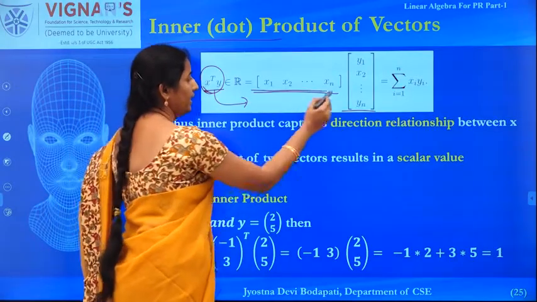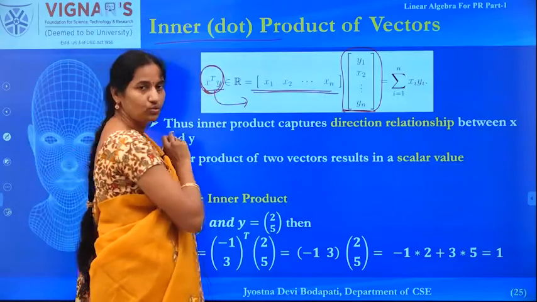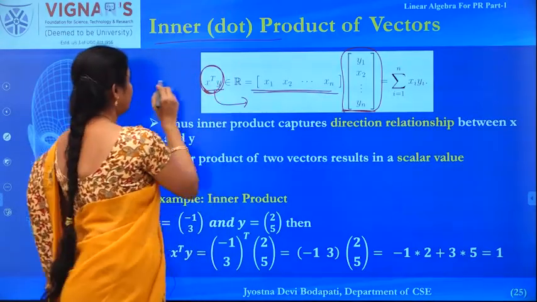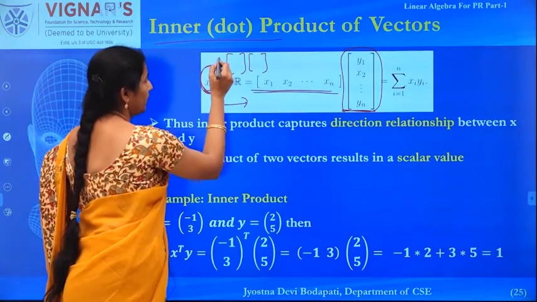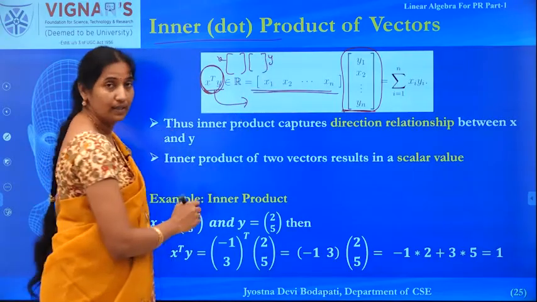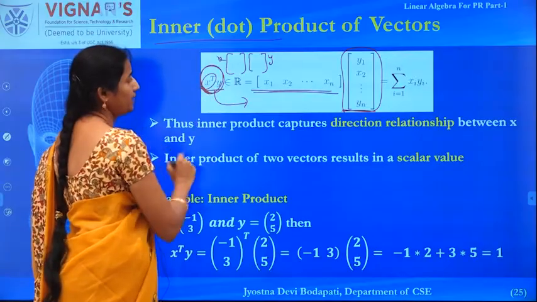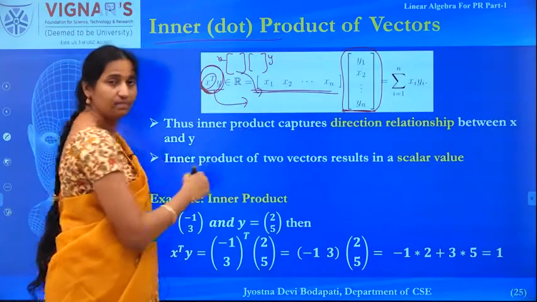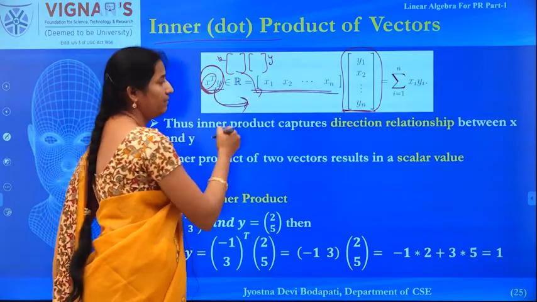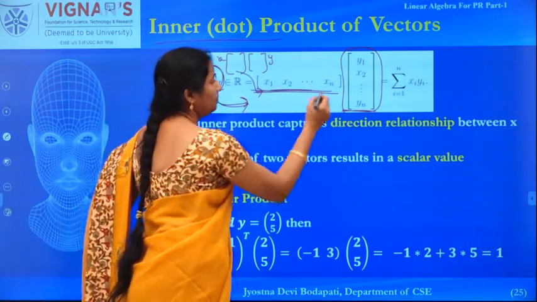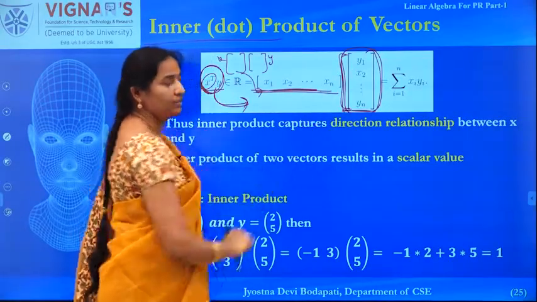Given the vector x and the vector y, we represent that with x transpose y. So x and y are two vectors. This is what x is and this is what y is. Instead of directly multiplying, what I am doing is applying transpose on x. So the x transpose is this. That's why I am representing that as a row, and then I take the vector y as it is. So I multiply this row vector with this column vector, and then the resultant will be a scalar.